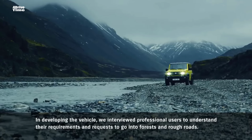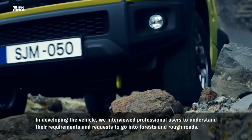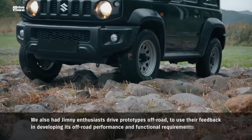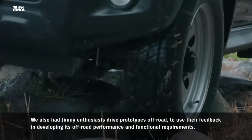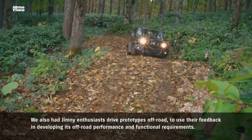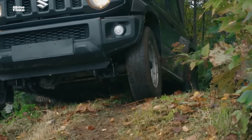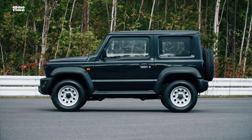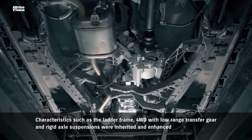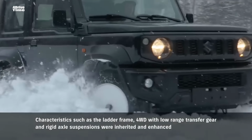We interviewed professional users to understand their requirements and requests to go into forests and rough roads. We also had Jimny enthusiasts drive prototypes off-road to use their feedback in developing its off-road performance and functional requirements. Characteristics such as the ladder frame, four-wheel drive with low-range transfer gear, and rigid axle suspensions were inherited and enhanced